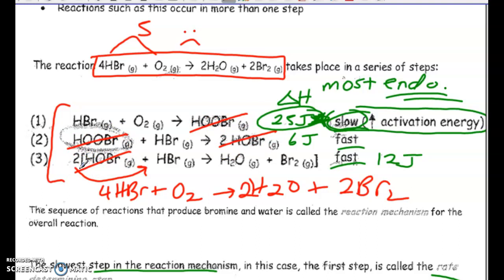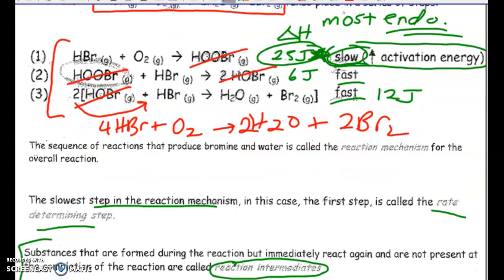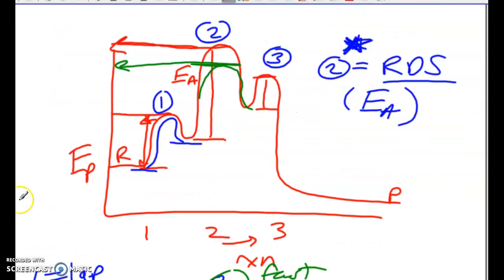So meaning they are made, they are involved in the mechanism, of course, but they are not in the overall reaction. So they're not a reactant or a final product, but they're made in between. So reaction intermediates on this chart,